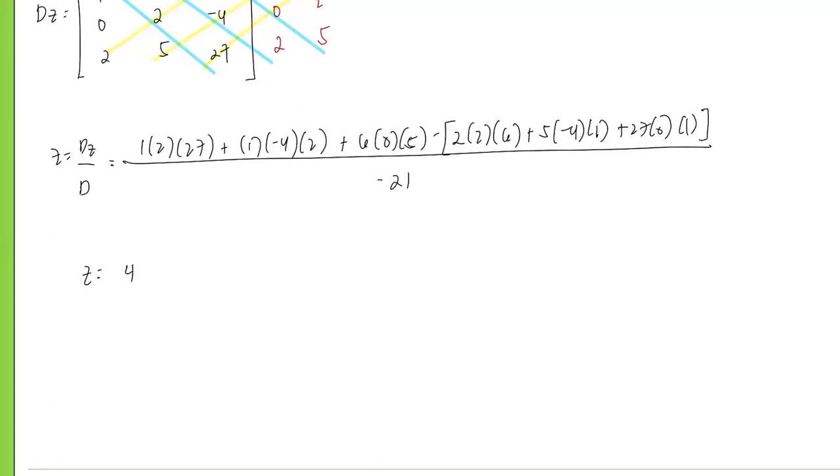Okay, so 42 over negative 21, that is equals to negative